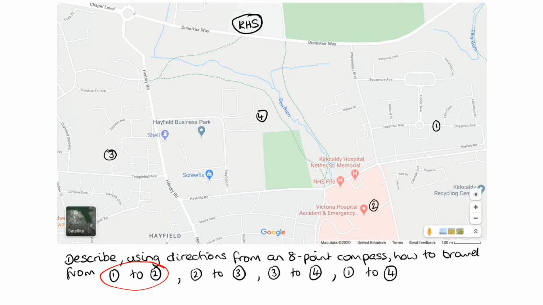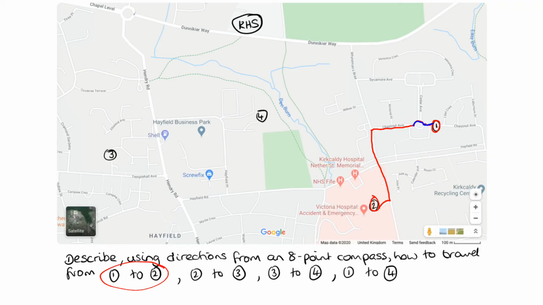So we're starting at number 1 and we're going to number 2, all right? So that's where we're starting, that's where we're finishing. So how would you describe that? How about, first of all, we need to decide what direction we're going to go in, don't we? Or which route we're going to take. So I'm going to suggest that we go that way. Okay? So if we do that, then what we're doing is you're heading west along Chestnut Avenue, around